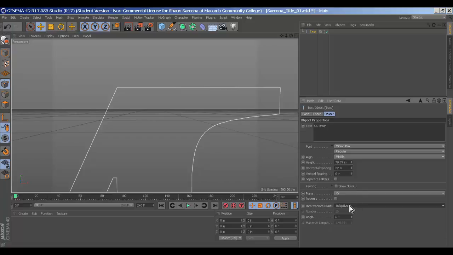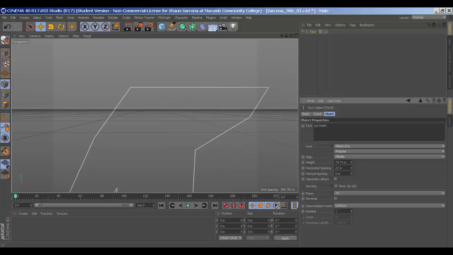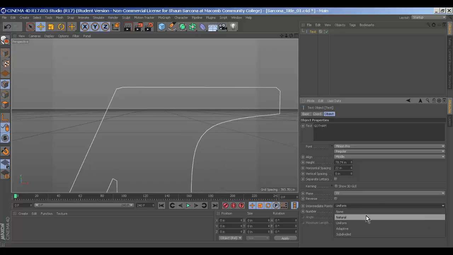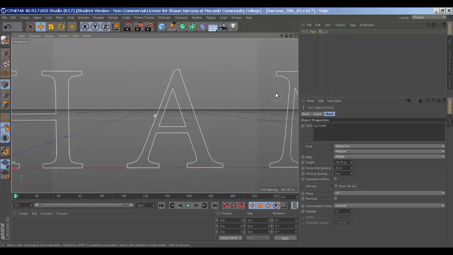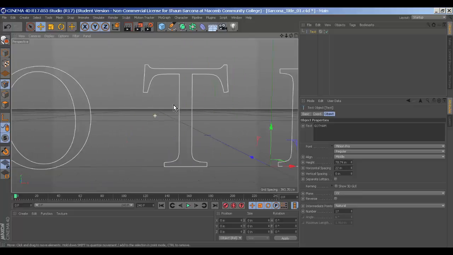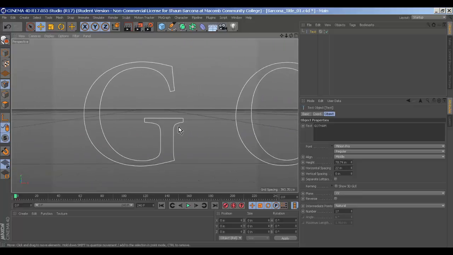Okay, so depending on what font you've chosen, depending on what your letters are, you may have to come in here and play with this. I don't think I want to go to uniform just because of what it's going to do there. I think just adaptive or natural seems to be the best fit for this. Okay, but I also want to look through all my letters and just make sure there's nothing kind of funky hanging out. Sometimes you'll get a point that just goes off, or the G doesn't look nice, or whatever. Okay, so now that we have our word here,